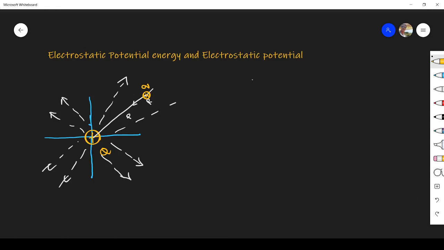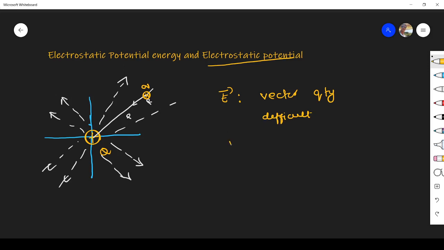First we see why we have to learn about electrostatic potential. We have already studied the electric field E. But the problem with the electric field is that it is a vector quantity, so we have to know magnitude and direction, and it is also very difficult to work with vector quantities. So scientists talk about some scalar quantity which represents and explains the same phenomena.